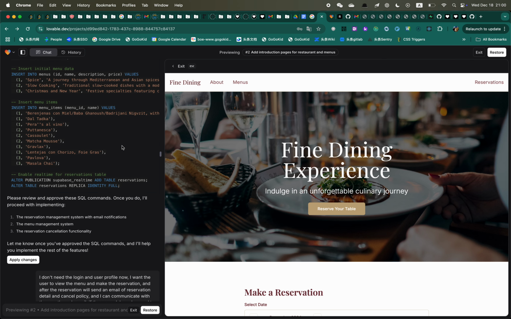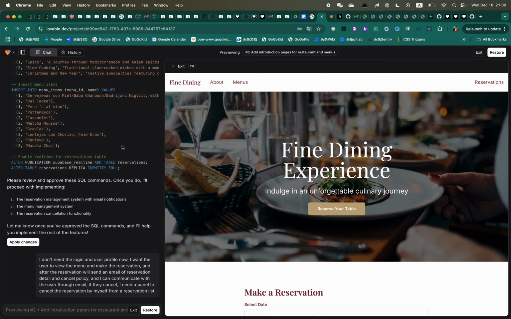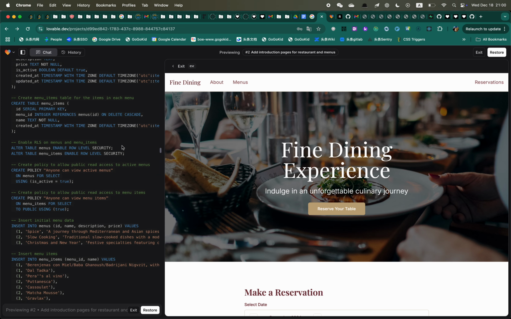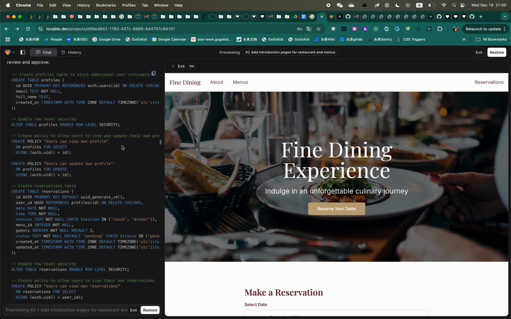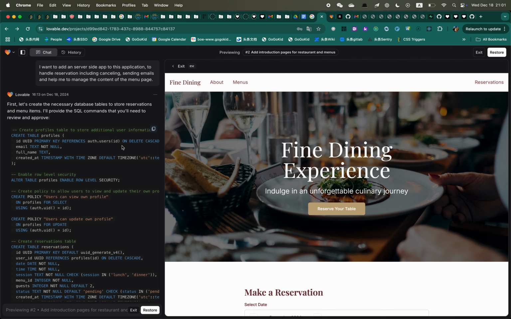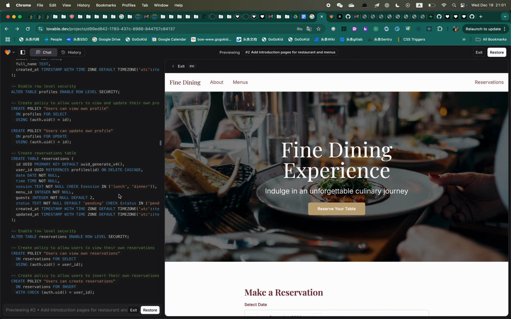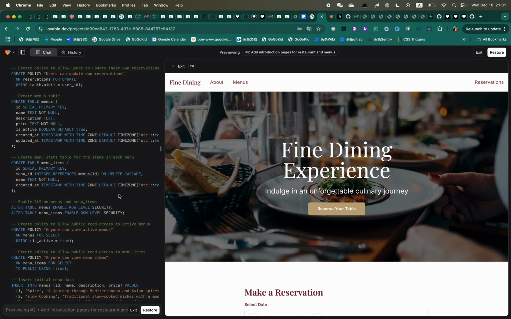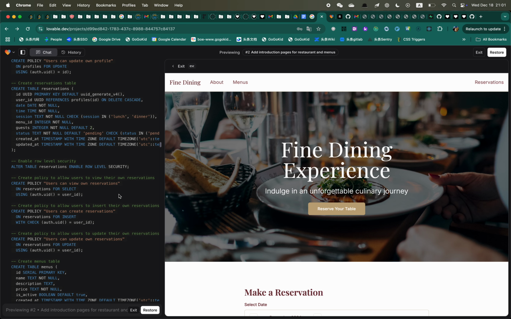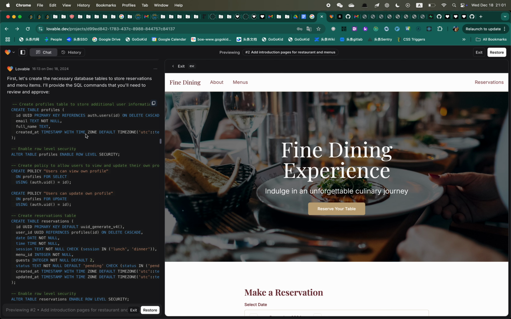and they want me to check if the SQL is good enough or valid, so they can apply the changes in the server-side code and also onto Supabase. I think it is possible, or necessary, for the users to check the SQLs. But the SQLs actually come with a certain design: they have the reservations, they have the profiles as well, which means you have the user table, the user authorization, and the user login.